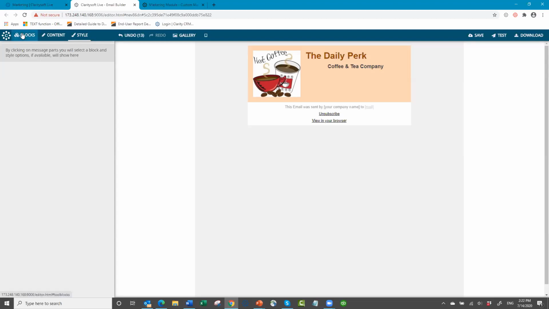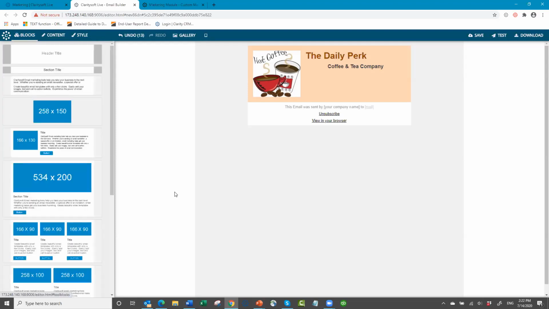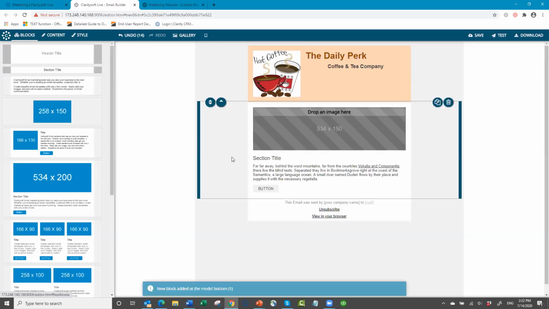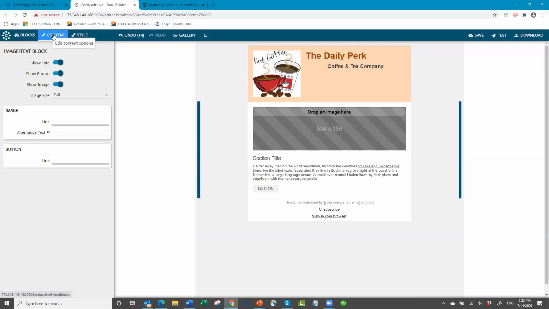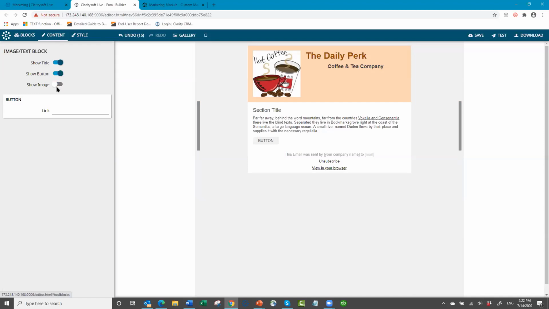All right, so then I move on to the next block that I want to put in. What I actually want is a title and a paragraph, but I don't want a picture. So I'm going to pick this one, which as soon as you click on it, lays it in here. You notice that these blue lines on either side are indicating that's the active block. So the first thing I want to do is go to the Content tab and turn off the image. And then my section title